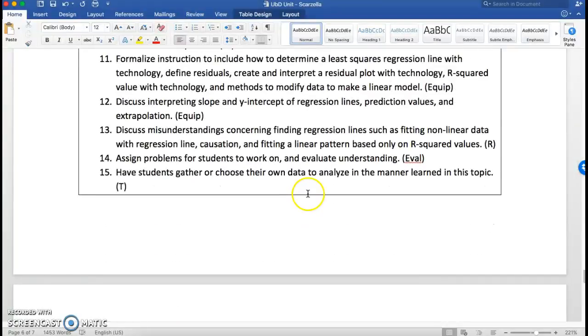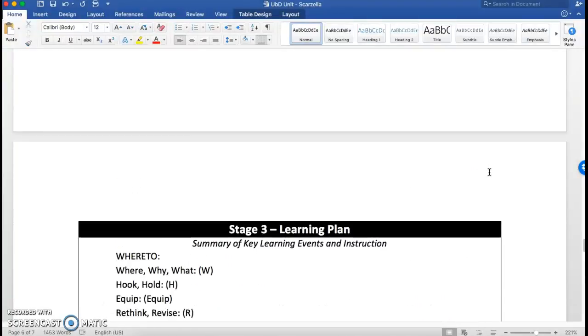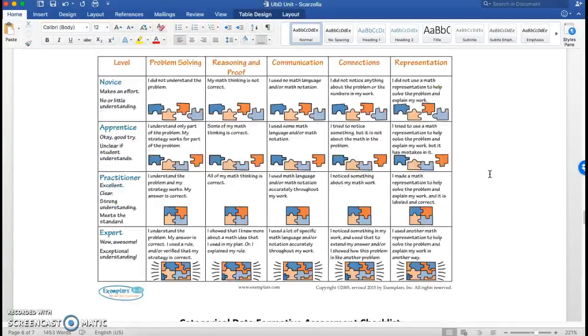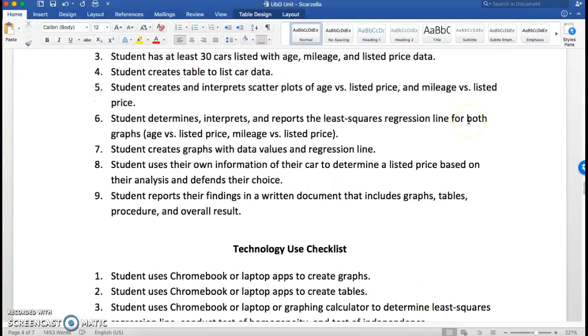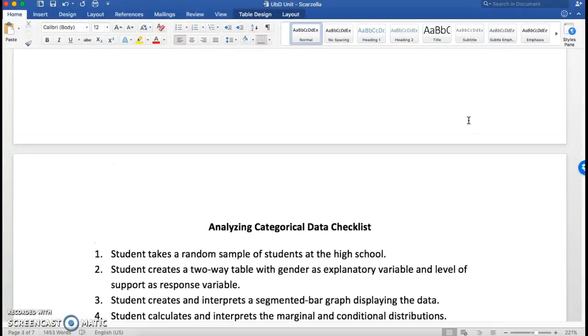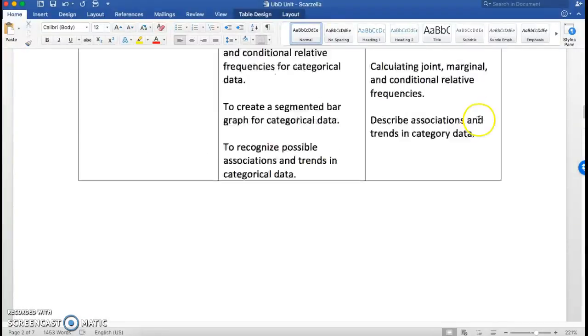And so it's a nice statistics unit, I think. It's one of the many things that you could do in a stats class. Again, statistics is actually one of my favorite topics in math. And so I really like to teach statistics at our high school, and we're lucky that we're able to do that. So basically that's my unit,